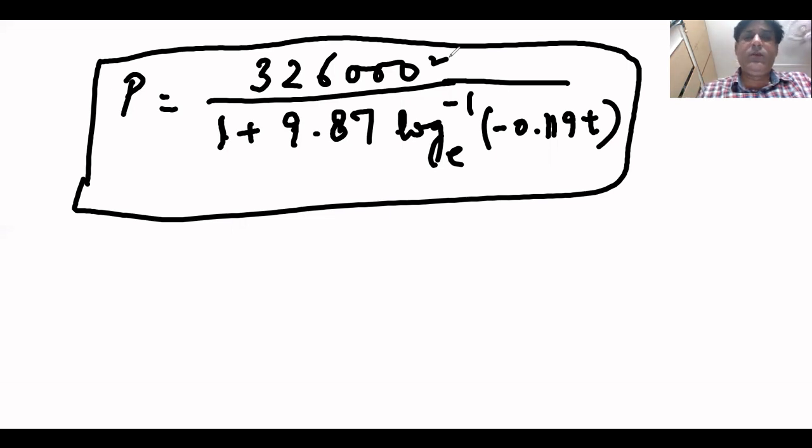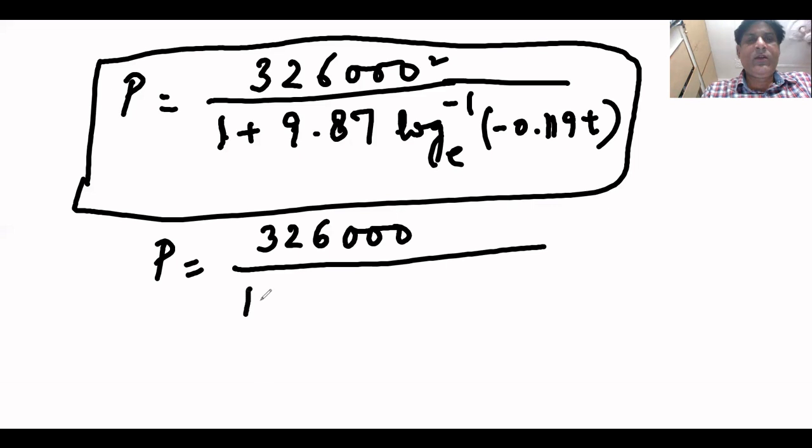Then the third part of the question was, find the expected population after 20 years, right? So we would be finding the population after 20 years from the given data, that is 60 years from the initial point. So this is 3,26,000